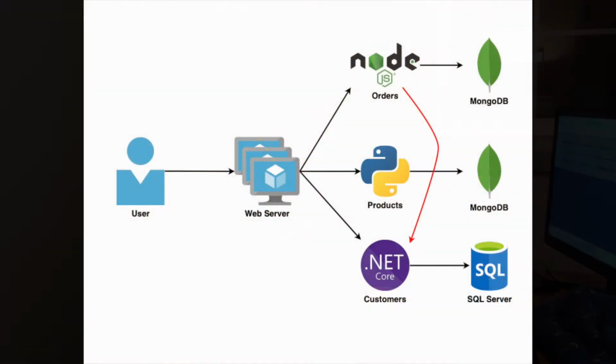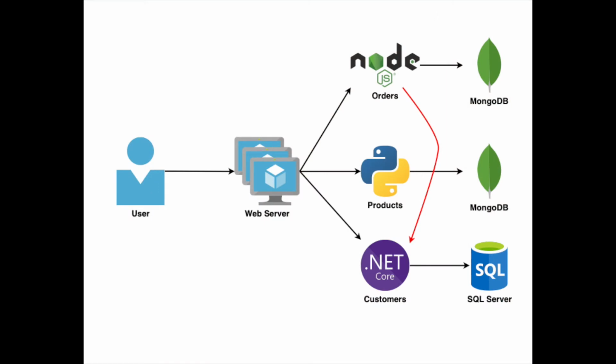But if they need data from other microservices, all they need to do is call the REST interface of that microservice. So for example, going back to our e-commerce example, if I'm on a team that's working on, say, the order microservice, and I need to pull customer data from the customer service when someone tries to order something to make sure, say, they have enough credit, the only thing I need to know about the customer microservice is